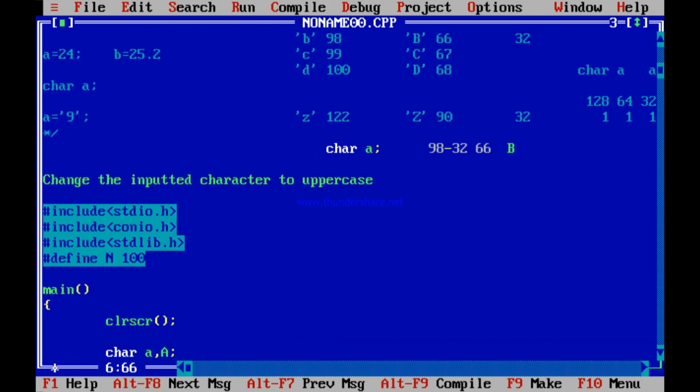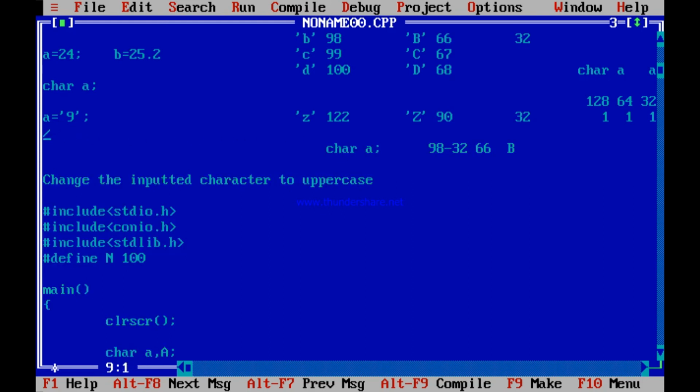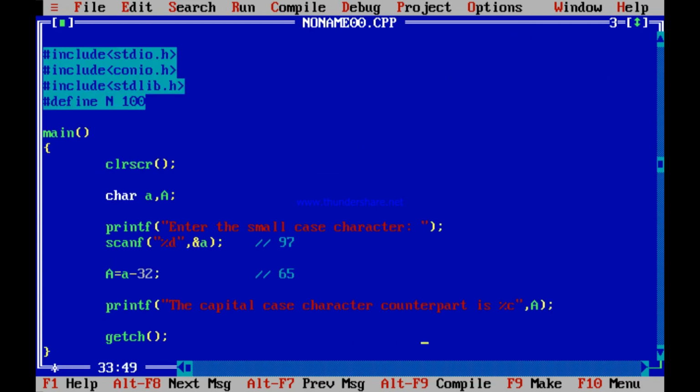Only thing is, you will have to comment out this part, so I remove this from here and put it over. The change I need to make is, firstly, this is a character that I scan. So enter the small case character, scanf %c ampersand a.